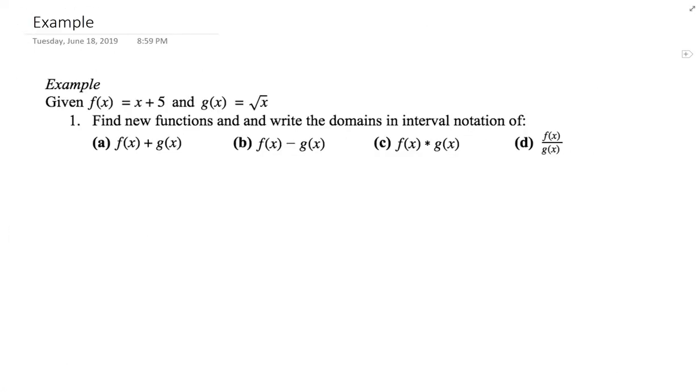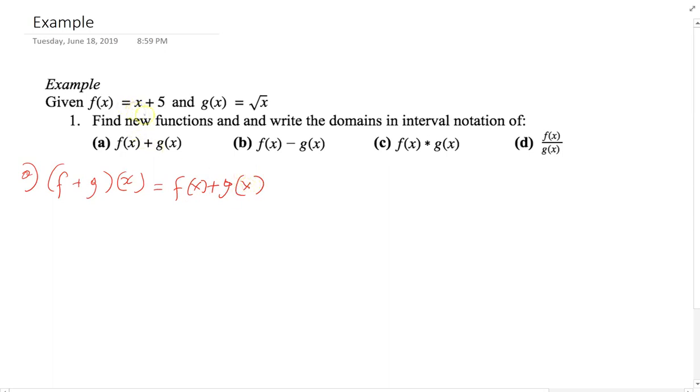Let's look at a couple of examples. If f of x equals x plus 5 and g of x equals root x, find the new functions and write the domains in interval notation. First of all, part a, f of x plus g of x. The new function for this will be f plus g of x, and f plus g of x is equal to f of x plus g of x. And so we plug in for f of x and g of x, that would be x plus 5 plus